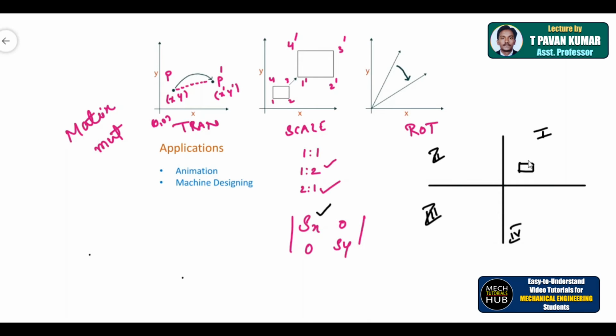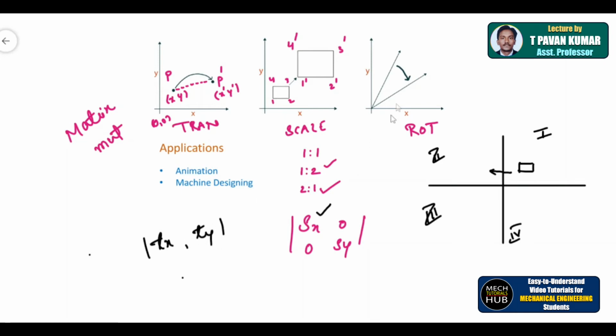For example, if both will be positive, the scale increase is going to be here only. If Sx is negative, then this width will be increased towards this side, in the negative direction. It all depends, that you'll know in further discussion. Similarly, translation will be denoted as Tx, Ty. That discussion will be in further slides.